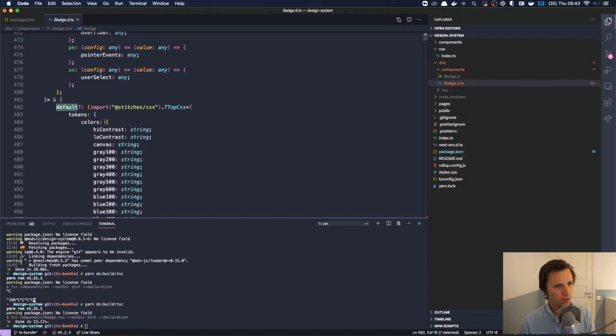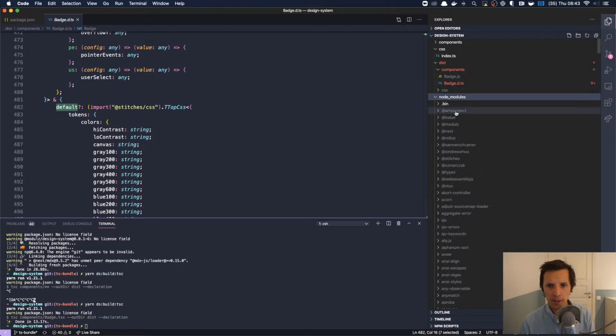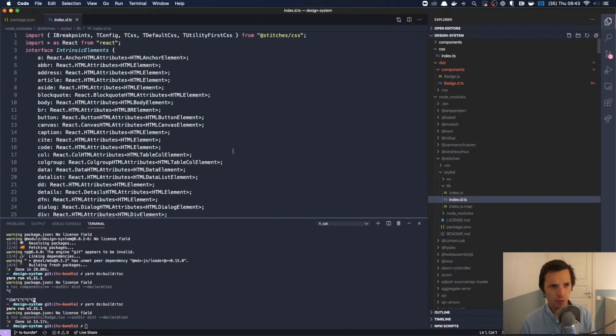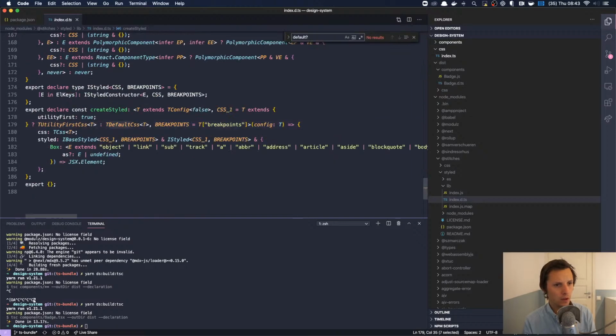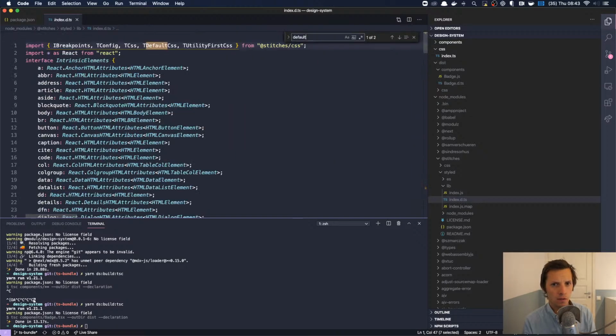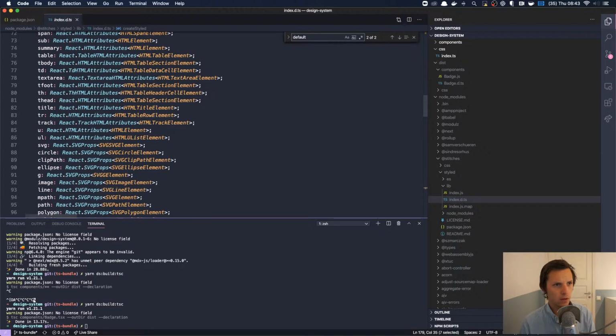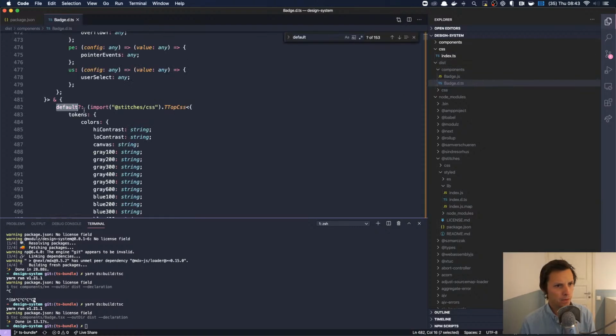What's default? Is this something new? Oh, maybe this is something added to the Stitches library. I didn't know about this. Polymorphic component default. What the hell is this default thing?